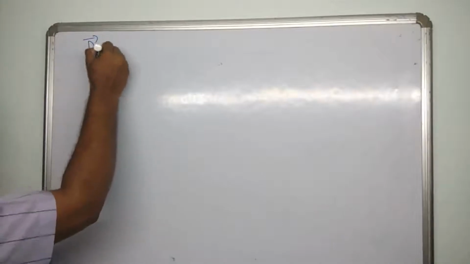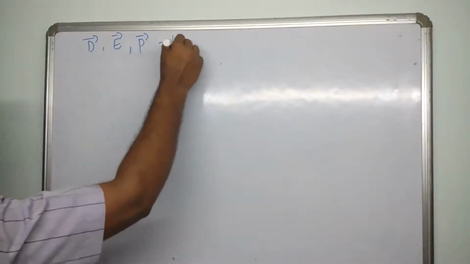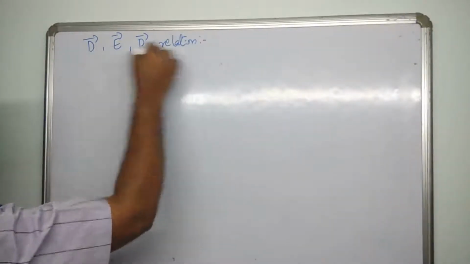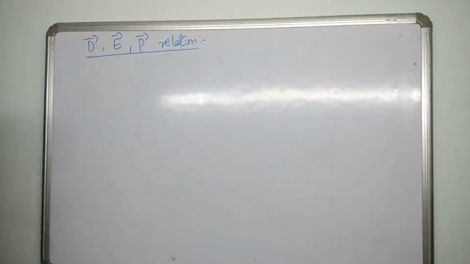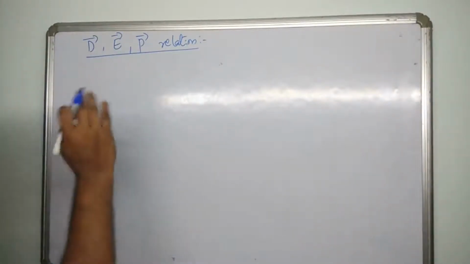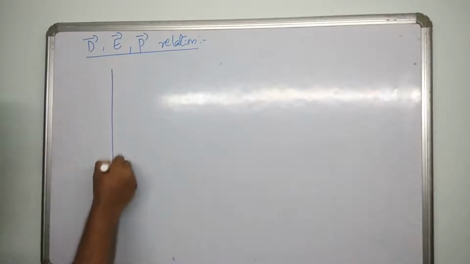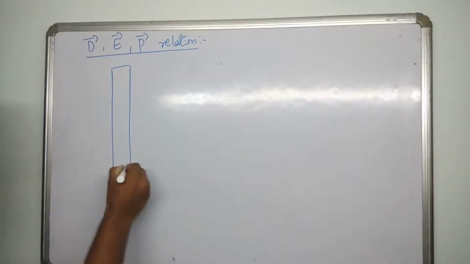Okay, the next article is DEP relation. What is this P, you may ask? This P, we will have the expression while deriving it. So later we will define P. So far you know the D and E. P will come later. So as usual, derive the same, consider the same parallel plate capacitor